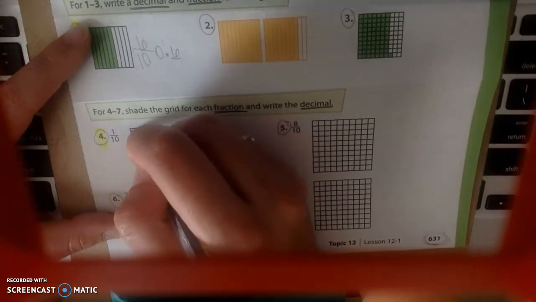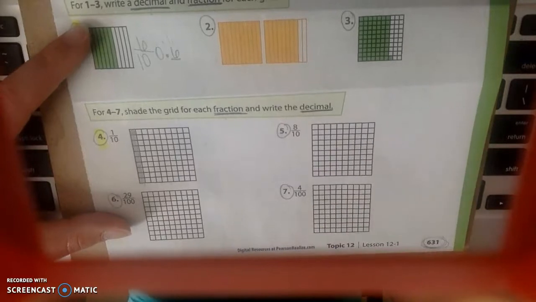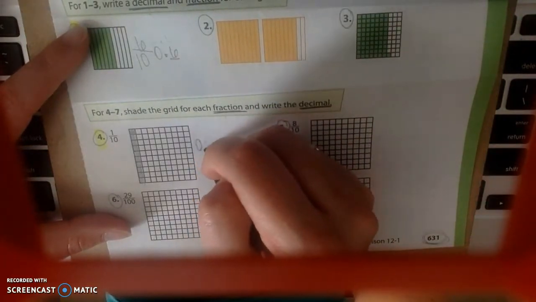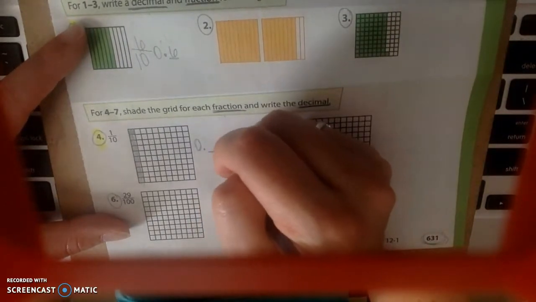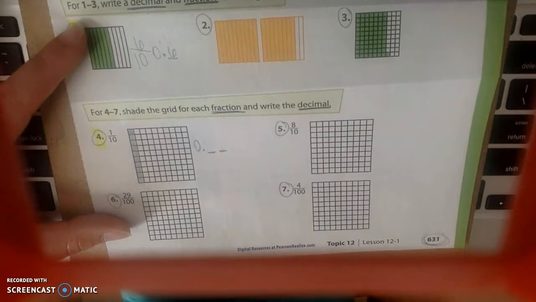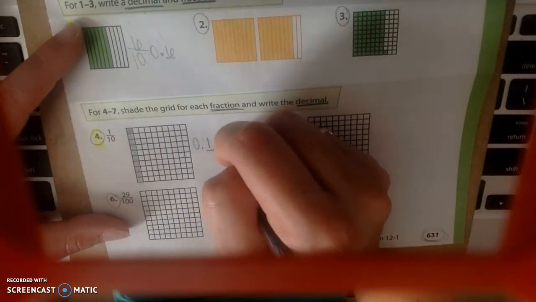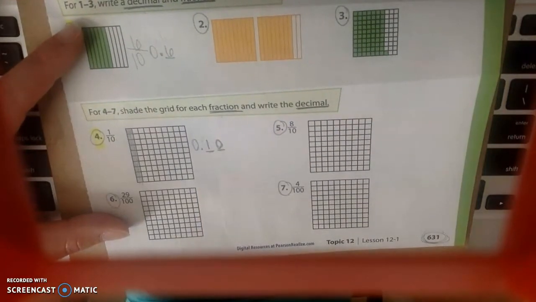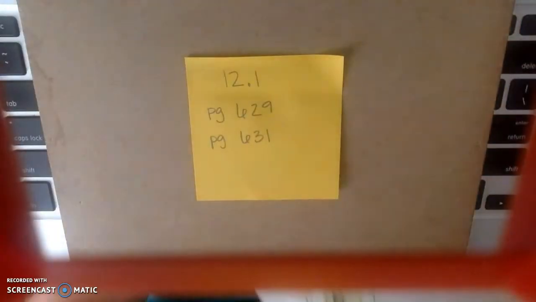Just like a dime is 1/10 of a dollar. So how do we write that as a decimal? Our tenths is that very first place value. My hundredths is that second place value. So I have 1/10. I could write that like that. Does that look familiar? 10 cents. 1/10 of a dollar is 10 cents. Okay, flipping over, looking at the